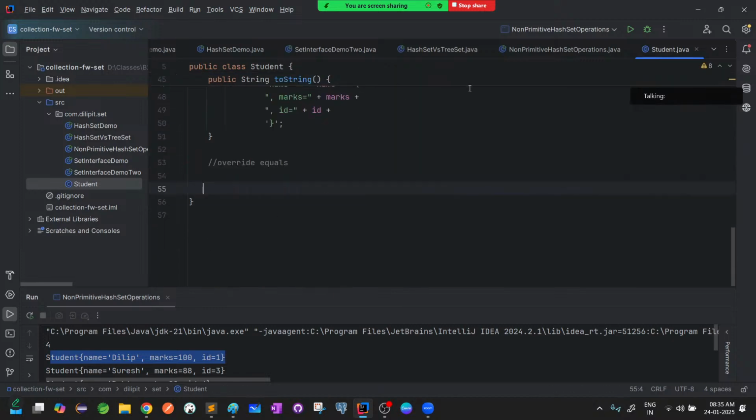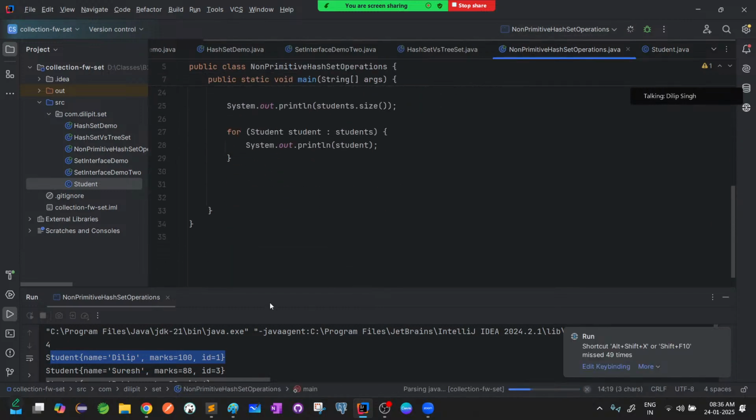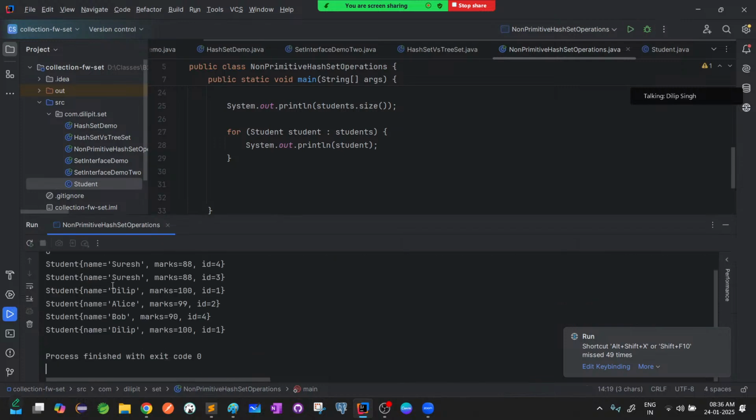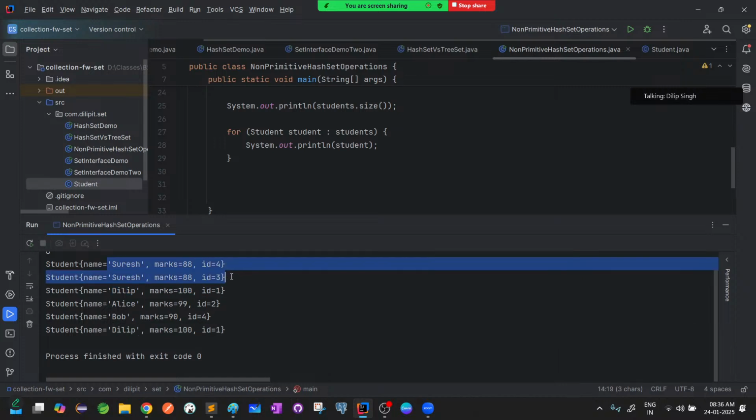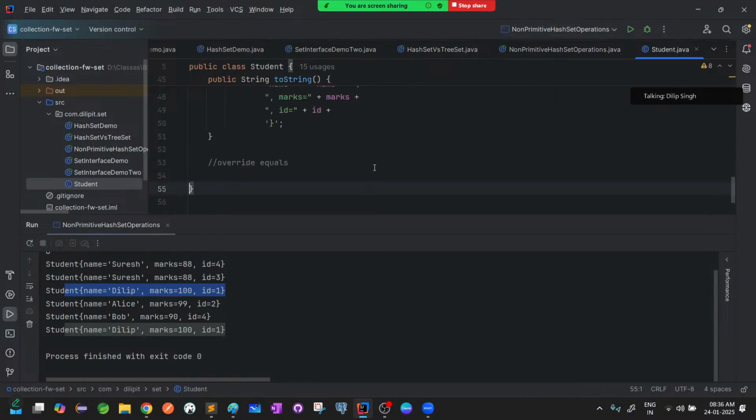If you are not adding equals and hashCode, then what is the size now? 6. That means all duplicate content is allowed. See, Dilip is added 2 times, Suresh is added 2 times. If I added Dilip 100 times, yes, it will add 100 times. But the moment we add equals and hashCode methods overridden,